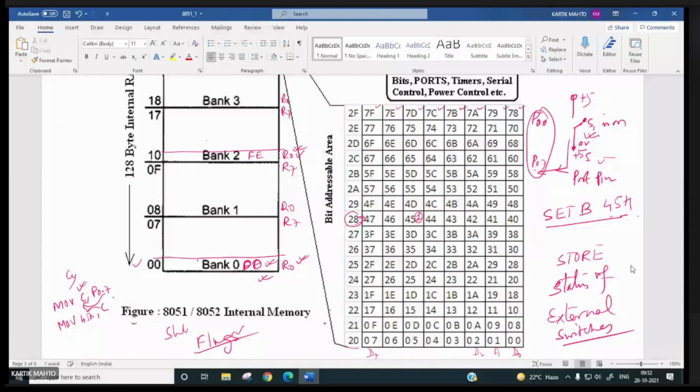Now, if this switch position changes over here, then it will be plus 5 volt. So if it is on, plus 5 volt. If it is off, 0 volt. That can be copied over here.